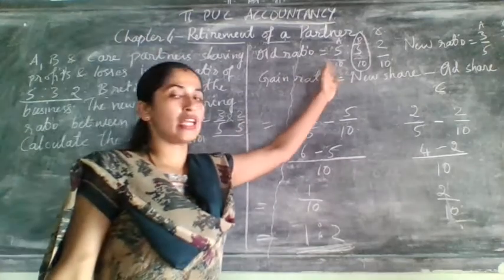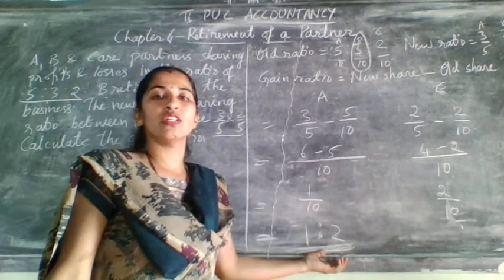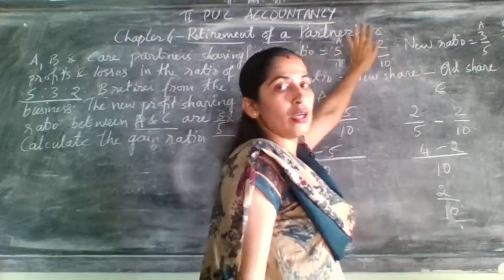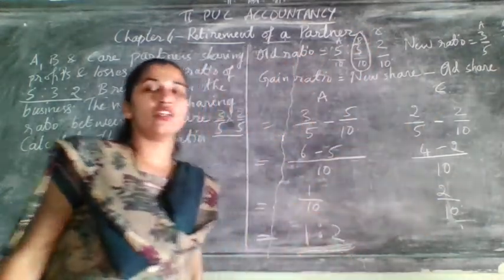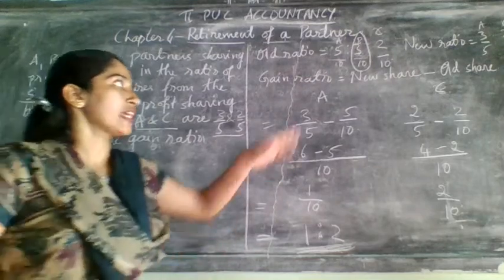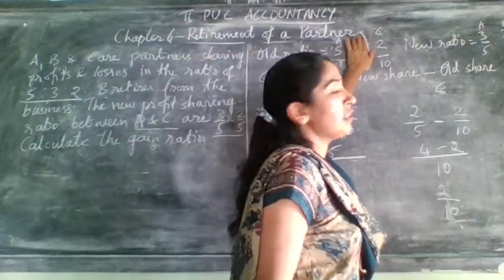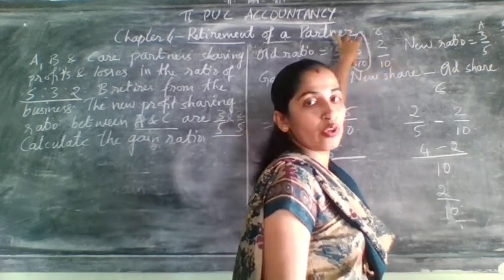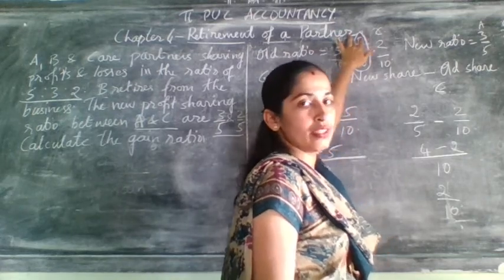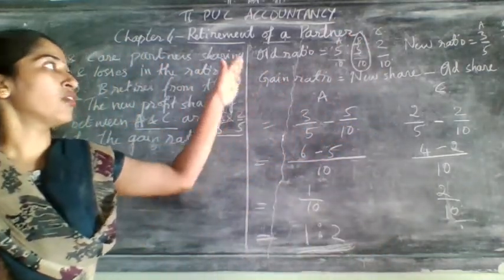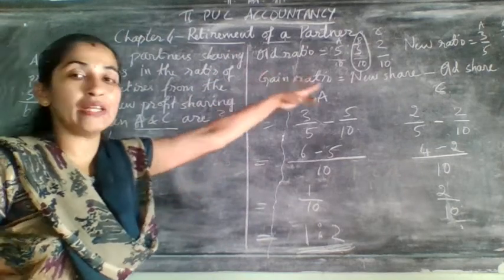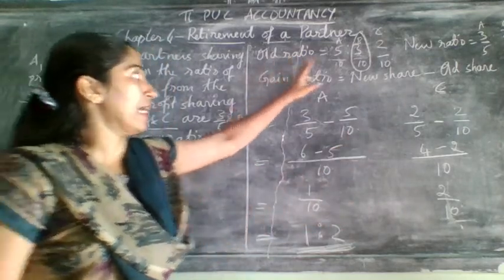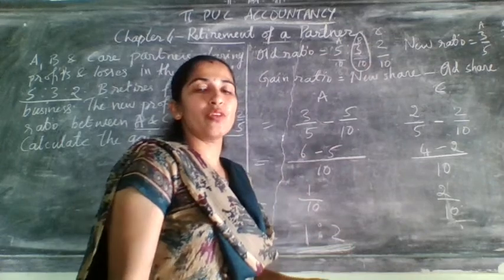See, when the partner name changes, your ratio will also change. For that sake only I told you to put a circle. See, now B will not come into the picture at all. If you have taken B's share, then your problem will be wrong. Now in this case B retired, so that's why we have put one circle. You need to take 5 by 10 and 2 by 10 and don't touch 3 by 10. So understood this? This is when B will retire from the business. So simple it is, but while taking their shares you should be very careful.